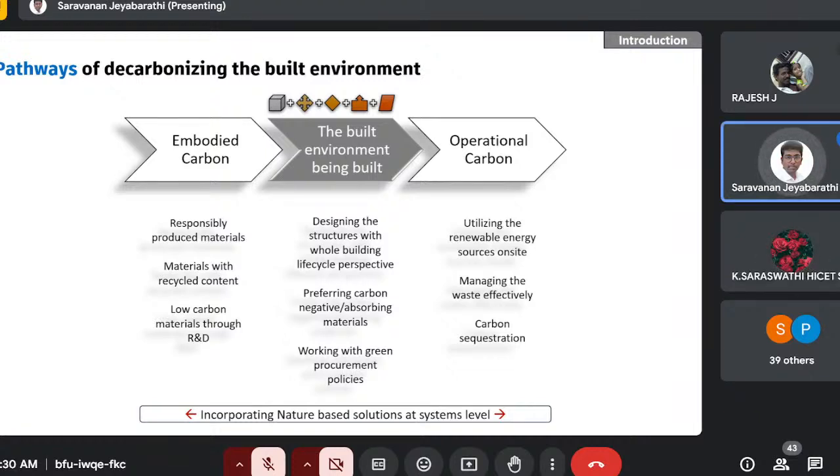If the powerful authority misses placing such a policy at the very top, then the contractor or subcontractor may not be able to follow it with the intention of producing or constructing a green building environment, right? So policies really matter. With respect to operational carbon, as I mentioned, you can utilize renewable energy sources